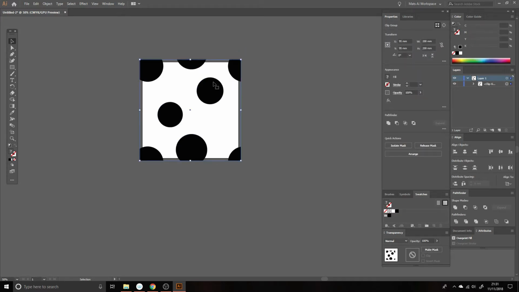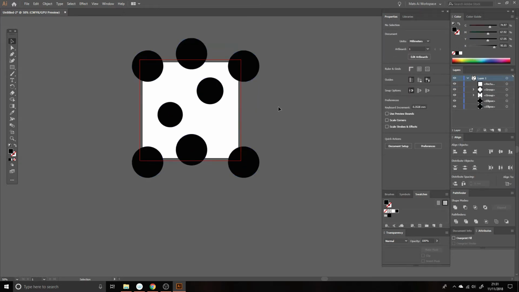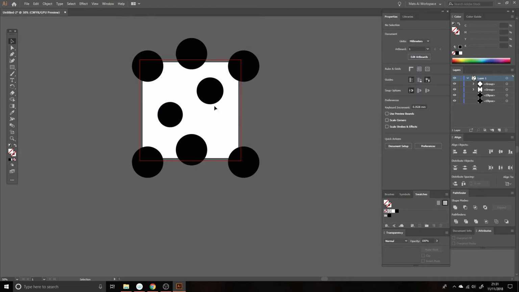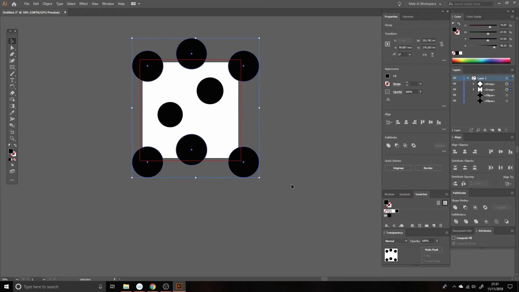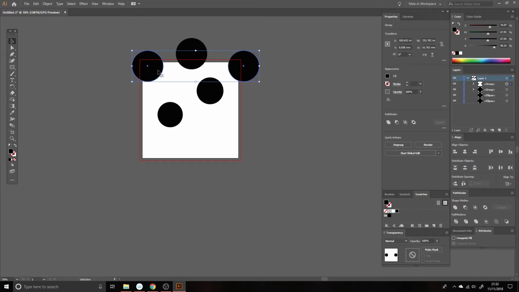Or if you want to just delete the clipping mask altogether, just right click and release the clipping mask. So if you wanted to make a half step, you've still got the square there, it just doesn't have any colour on it at all, so you can delete that if you want. So we're going to use our white arrow, because all these are grouped now. I'm going to select these in the group, delete those. So we're going to make, instead of having something that just goes down, something that goes across. So we're going to click on those two,